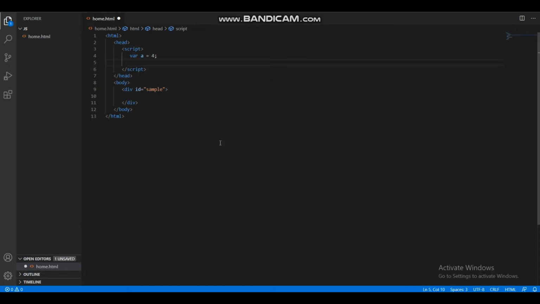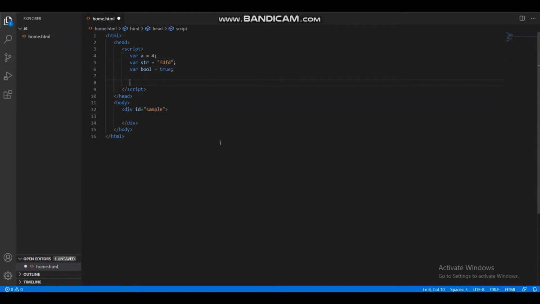If we have string type data, it works the same way, we just provide the data in quotation format. You can write single quotes or double quotes, no matter. After that we can assign a boolean value the same way, here we assign true. We don't need different data types for the variable. We simply write var, then the variable name, and whatever the value, integer, string or boolean, we just assign it.